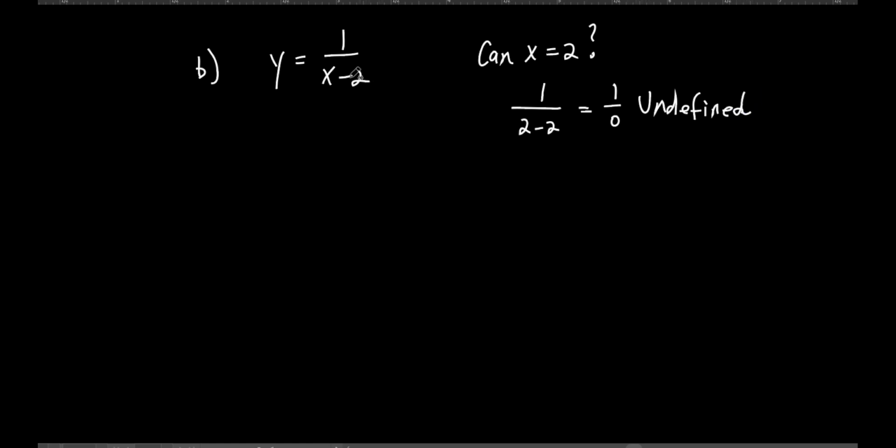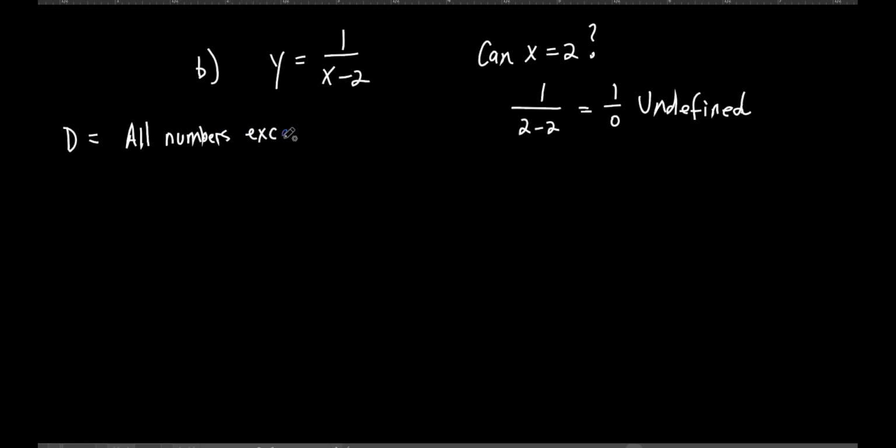So x can be any number you can think of. It could be negative, a fraction, a decimal, positive. It could be any real number that you can think of except for 2. So how do we write that? It can be all the numbers except for 2. Let's write that down so that we know what we're doing. The domain can be all the numbers, all the x's, right? x could be any number that I want except for